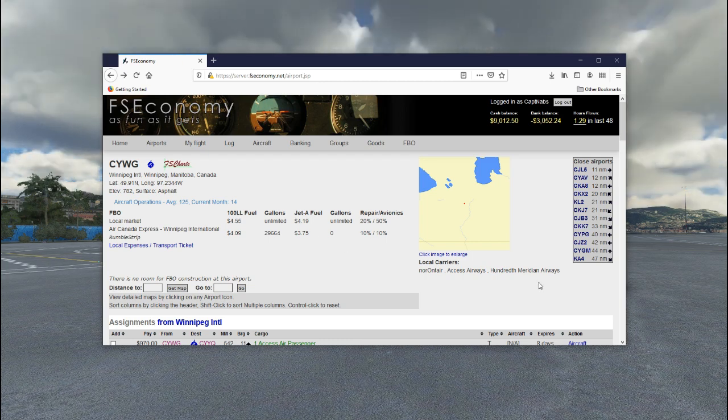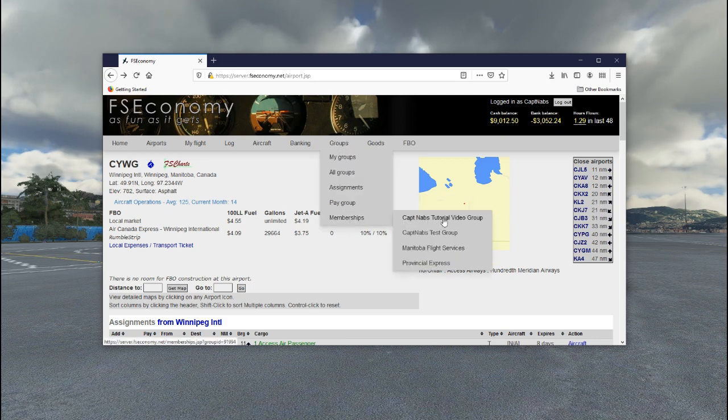So one of the most important aspects of group management is, of course, how are we going to pay the pilots that fly for us and generally earn us all of our money? And there's two ways to pay pilots in a group. The first one you saw was on the group membership menu. So if I go to memberships